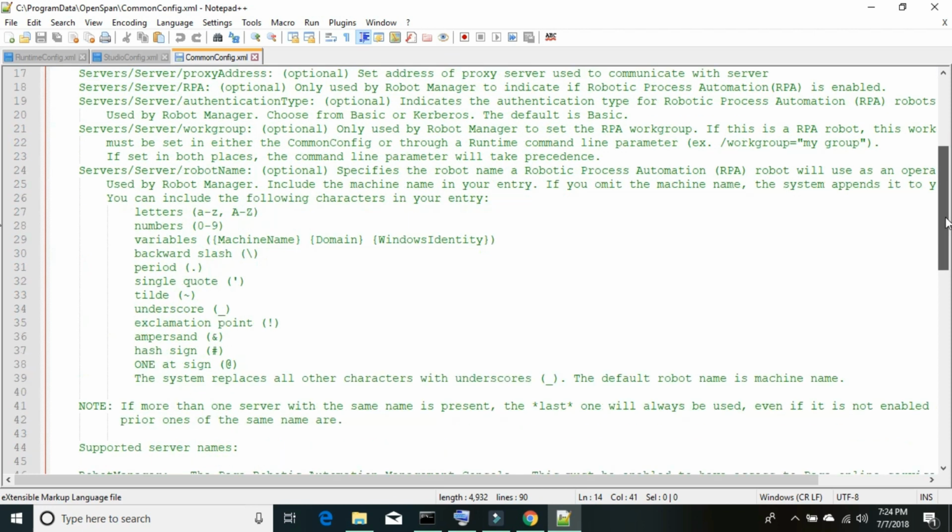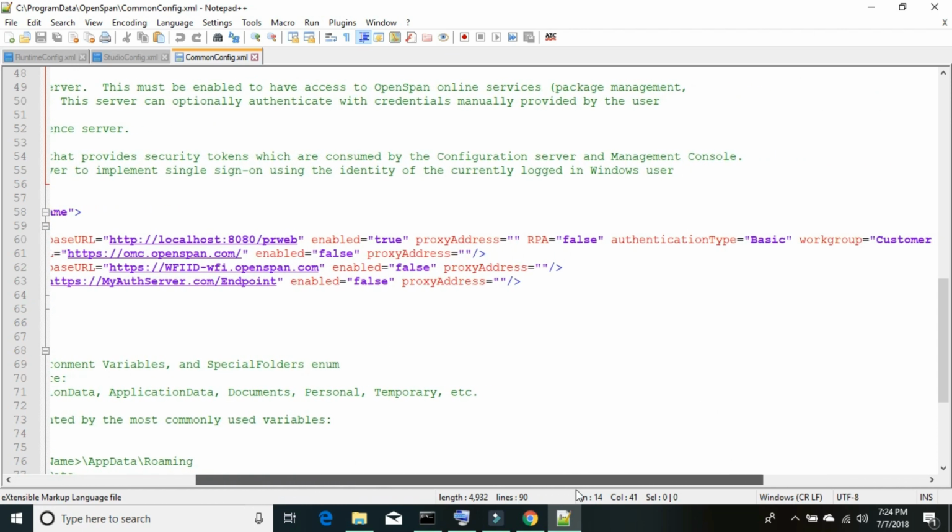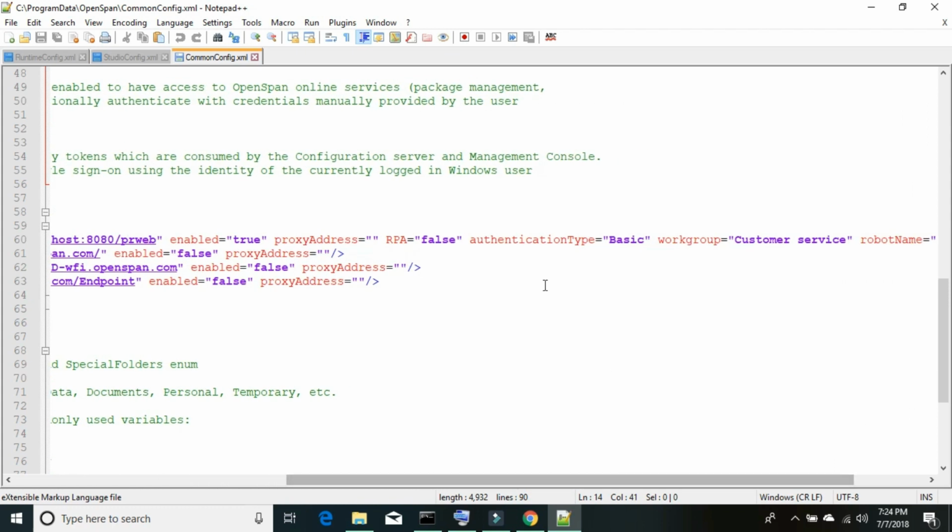We do not have any robotic section specifically there, but we have a section called server configuration. Under the server configuration, look at the first line which starts with the name robot manager, and the URL. Again, change the URL. Just remove the S and change it to the same as we added for our Pega platform application, and set the enable to true, proxy address to empty, and RPA set as equal to false,